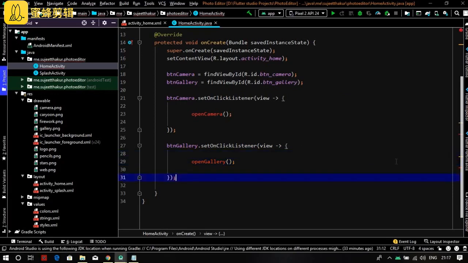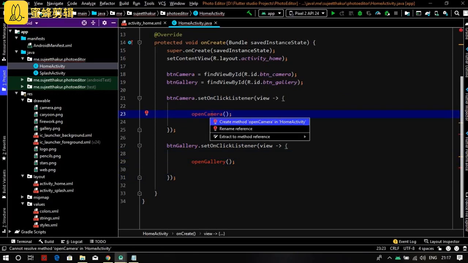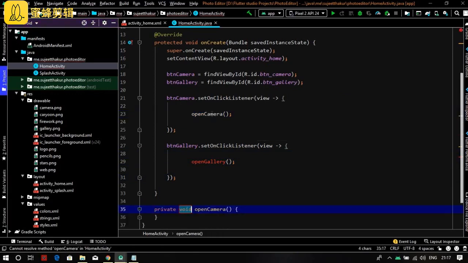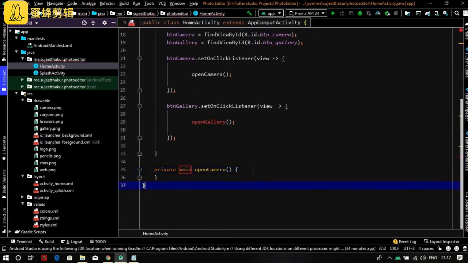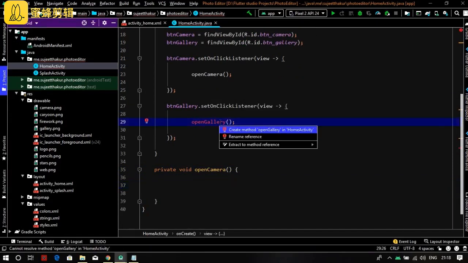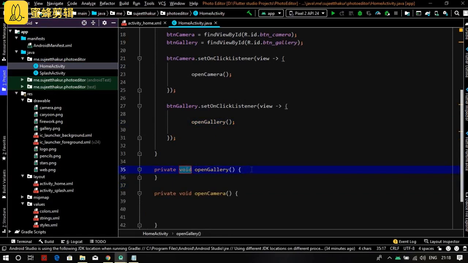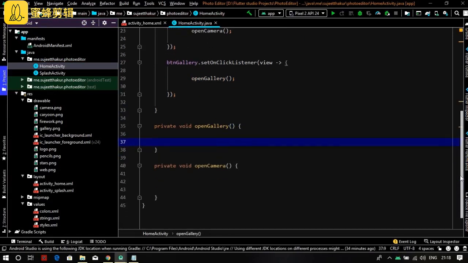Click on open camera, alt and enter and create method in home activity. Select. Okay, and same do for the open gallery, alt enter, click on create method. The methods are created. Let's bring it first.